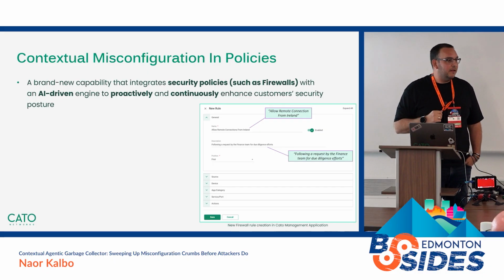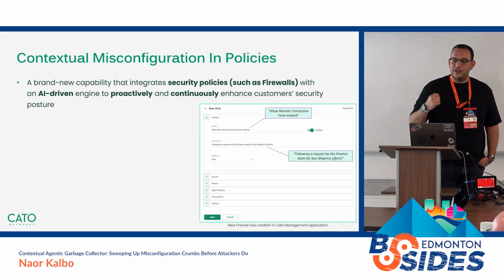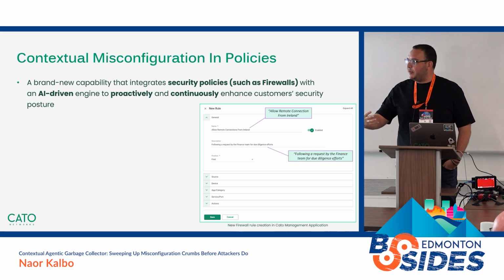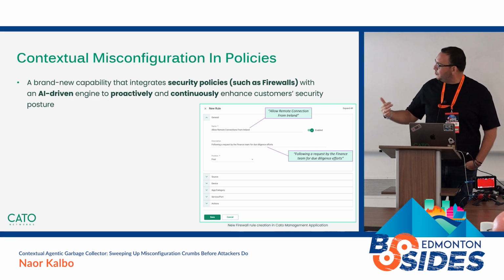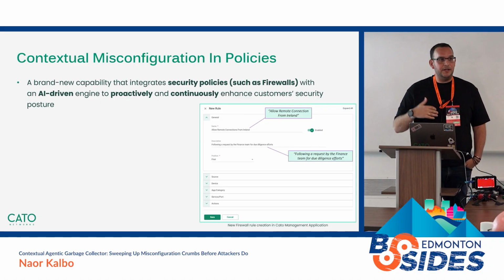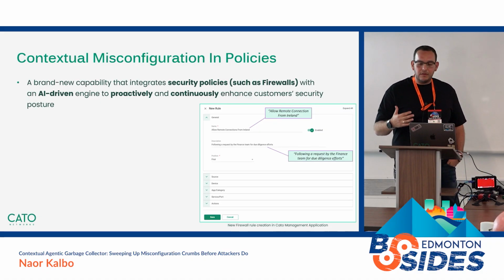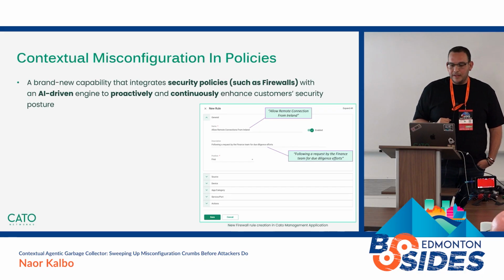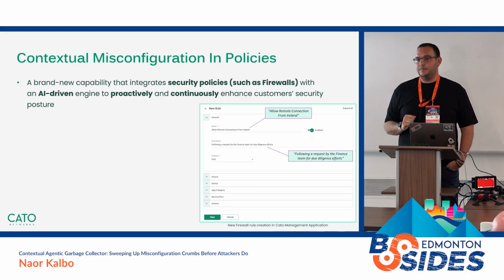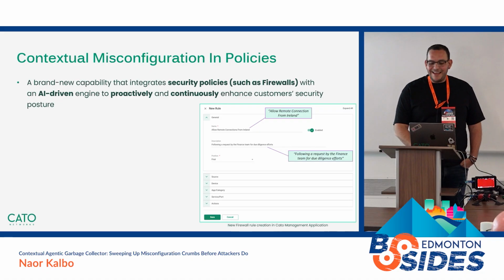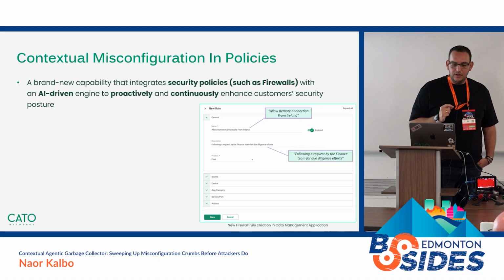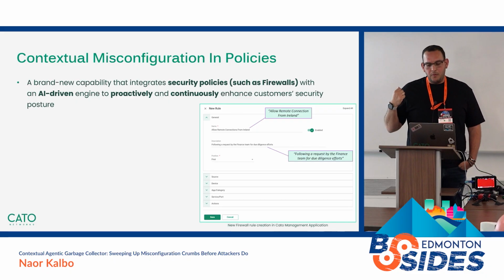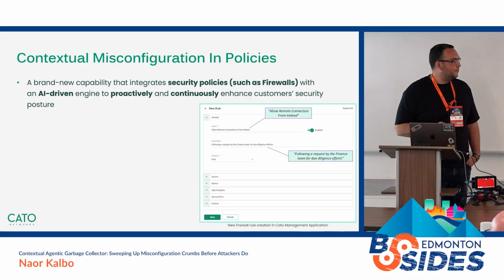We can think that if it's a remote connection, maybe we would like to allow some VNC or RDP services. And essentially, we do have the action, whether we would like to allow it, block it, monitor it, you name it. So assuming a customer might have hundreds or thousands of these kinds of rules, what does this engine actually do?